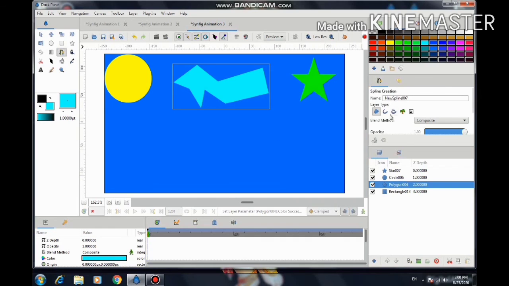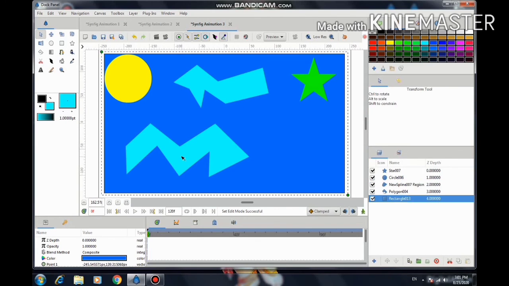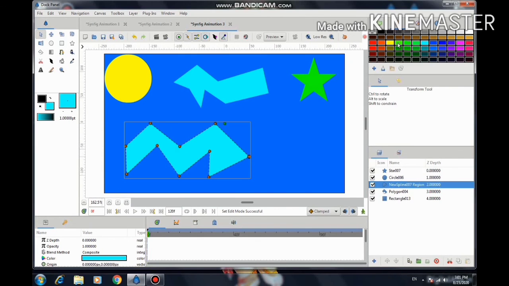Now using SP-line tool, I can create any object. Right click on it and loop SP-line. The object is created. Now suppose to change the color, I am selecting any light color using fill tool.